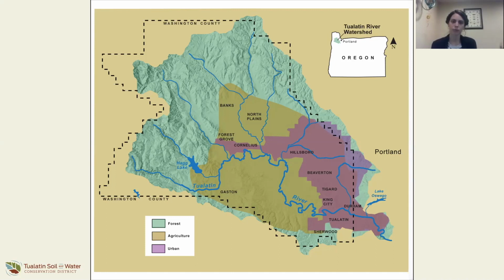Now, each one of those land uses has different resource concerns that are associated with it. And because of that, our district tries to address all of them. So we have a multitude of different programs with the Tualatin SWCD, from a rural program, a forestry program, an urban program, a program that specifically targets invasive weeds, and then a habitat program that more focuses on streamside restoration habitats.